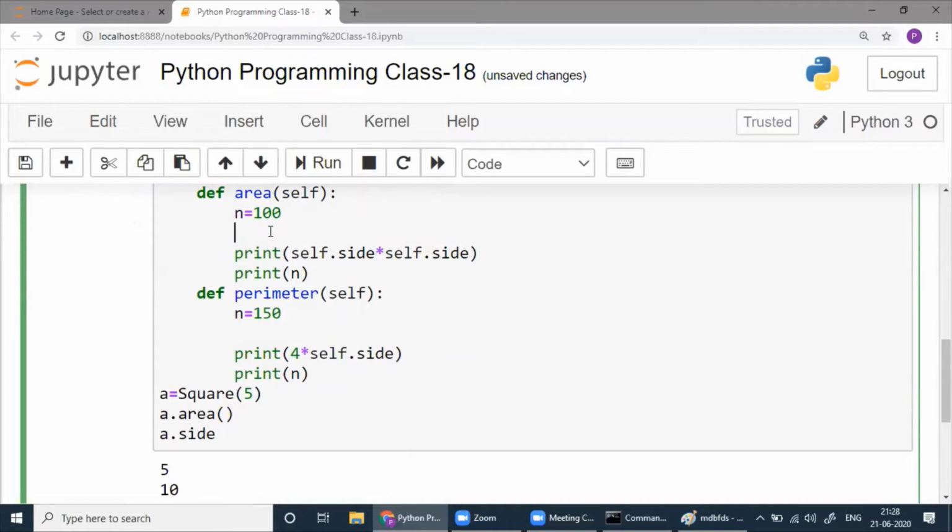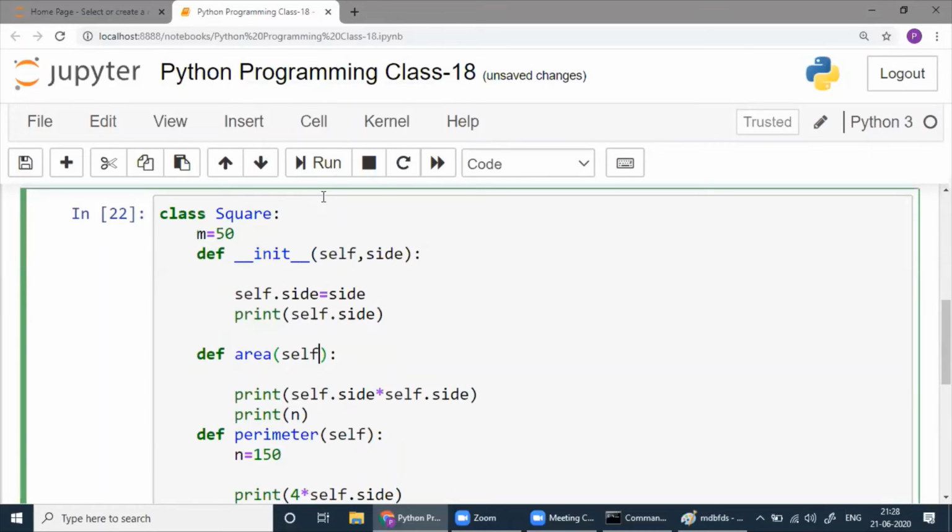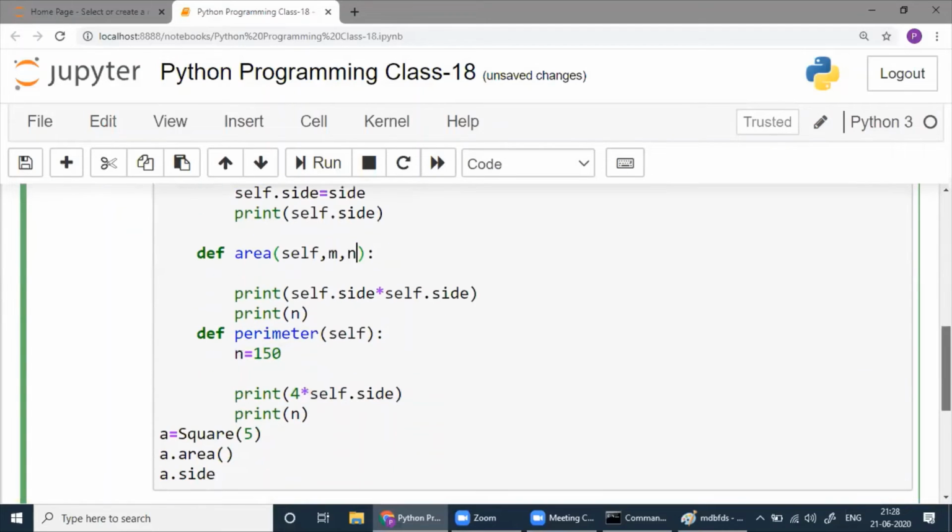Or what you can do, you don't write anything. You write here m, n. That is also one way we can do. M, n you write, and while calling the function area, you send m and n along with side. You send some more things. So suppose you want a black square side, or maybe whatever. This is a simple program, 100, 120 you are sending. So these are the two variables you are sending here. So when you call this perimeter, you send 1000.